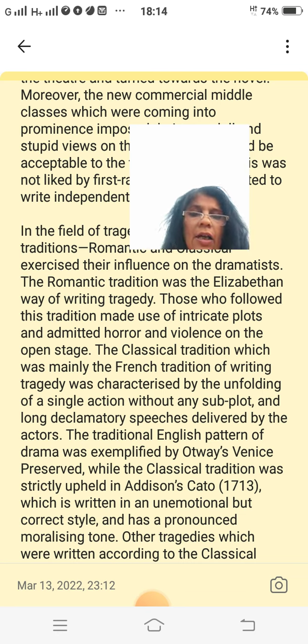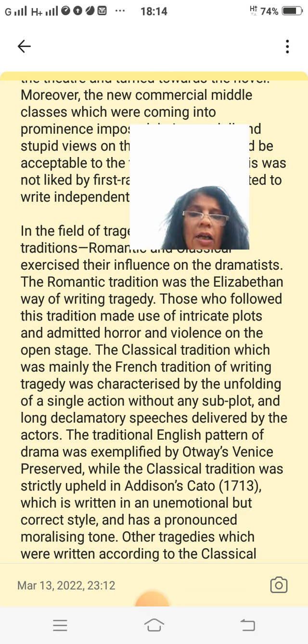In the field of comedy, the same process of disintegration was noticeable. Comedy was deteriorating into farce. Moreover, sentimentality, which was opposed to the authority of reason, came to occupy an important place in comedy. The sentimental comedy, which gained in popularity,